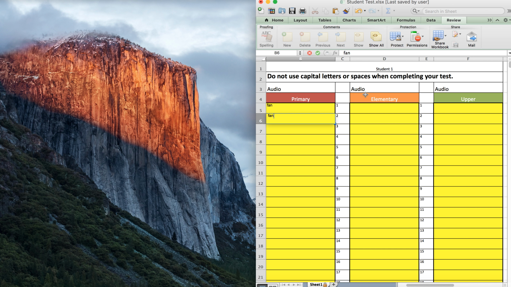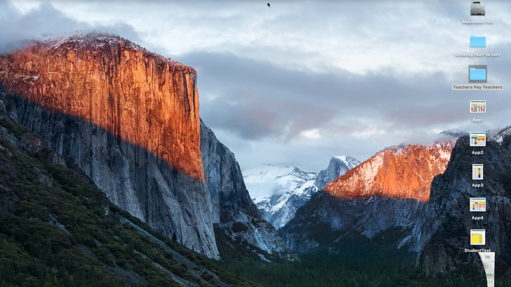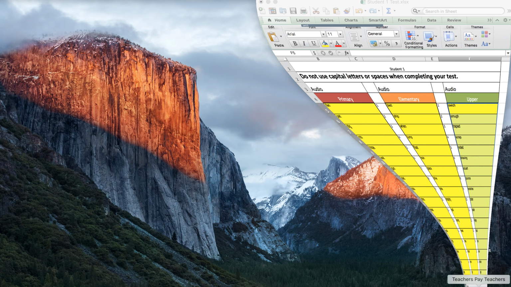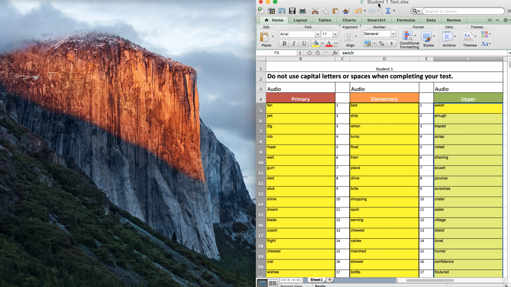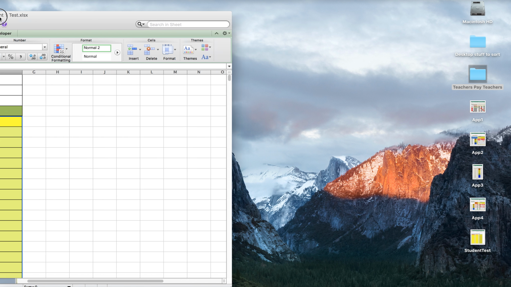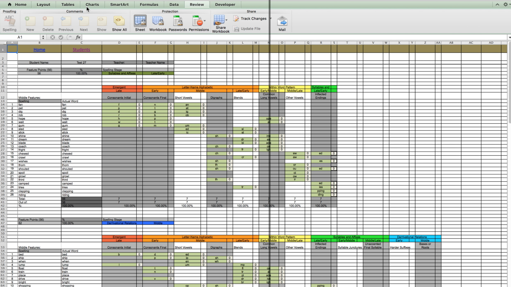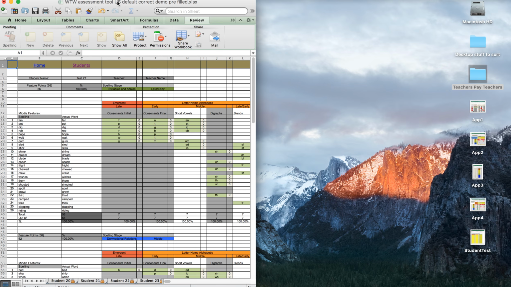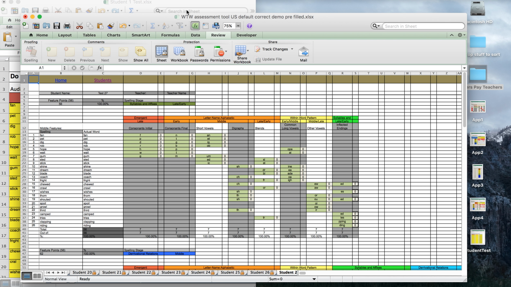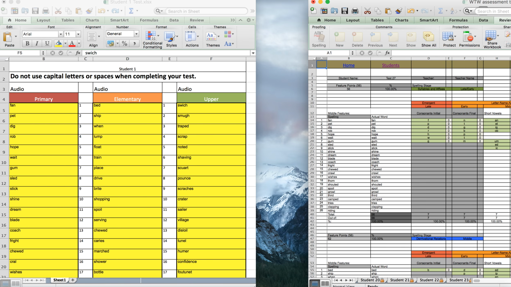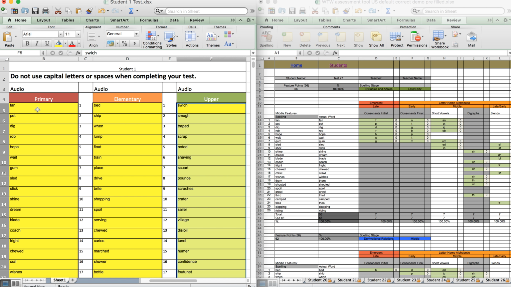Let me go ahead and pull up the student test that I've completed for student number 27. They're right here with all of their results. We'll go ahead and bring up student number 27's file. Now the benefit we have here is because I'm using the digital file, I can directly copy and paste the results in. So I can either drag and drop,